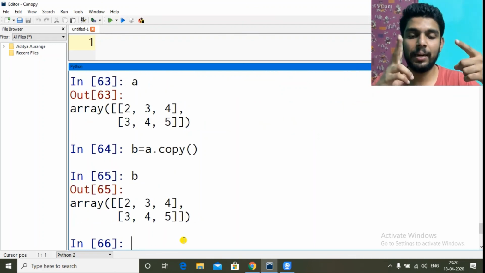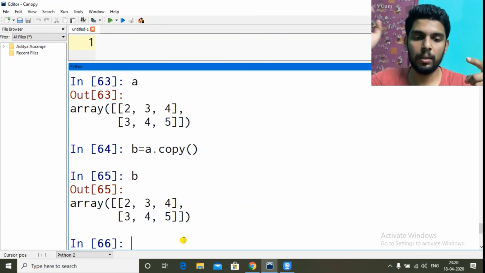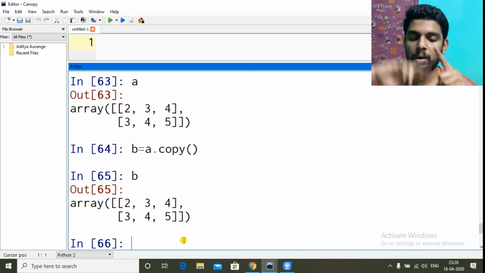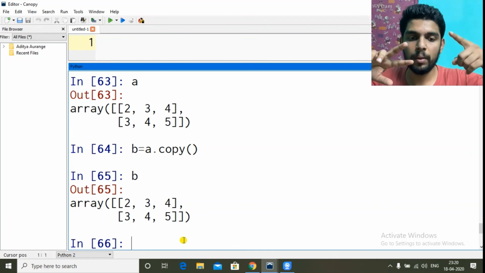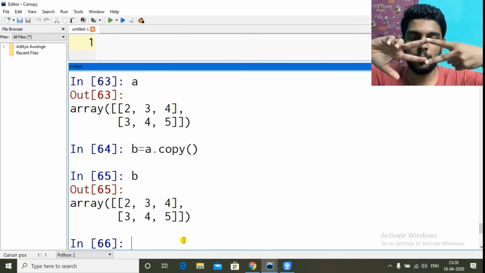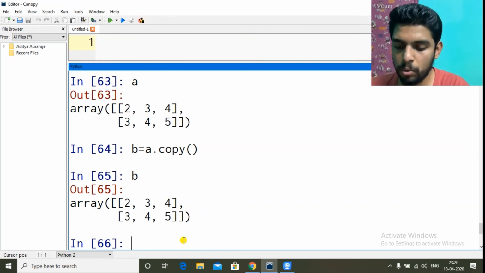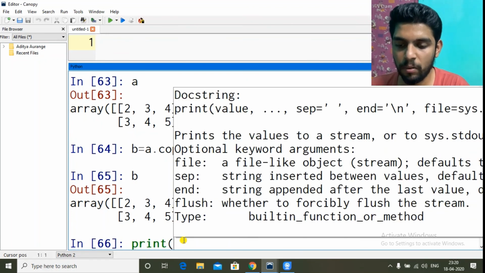In the earlier video I gave an example of B equal to A, where both were pointing to the same data. Now I have done B equal to A.copy, so a duplicate copy is created for A. Now if I do A is B, let's see what will be the output.